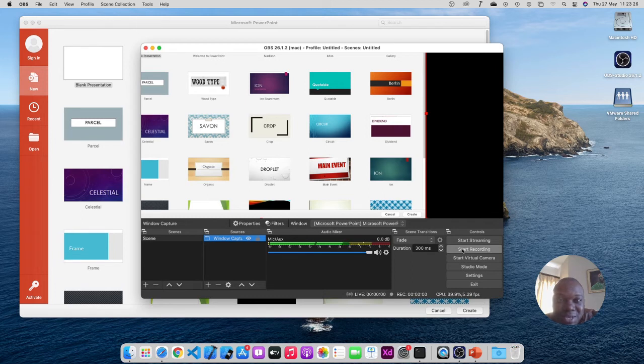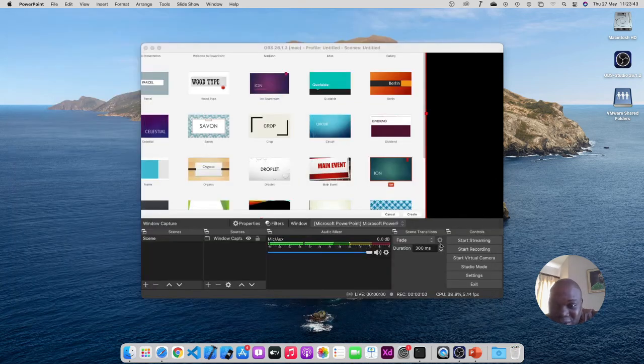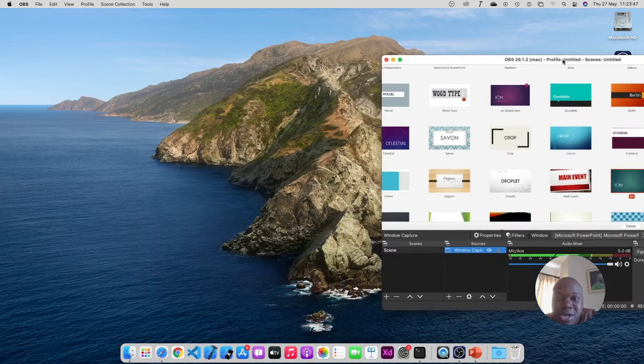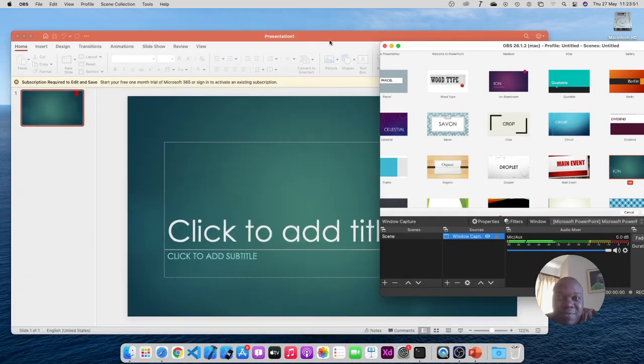Just before I do, you need to, for instance, prepare your presentation, and then decide whether you want to start from a specific presentation. So I sort of like this theme here for the PowerPoint presentation. So I'm going to click on this first one here. So we're just going to let PowerPoint load and do its stuff. So it has loaded,